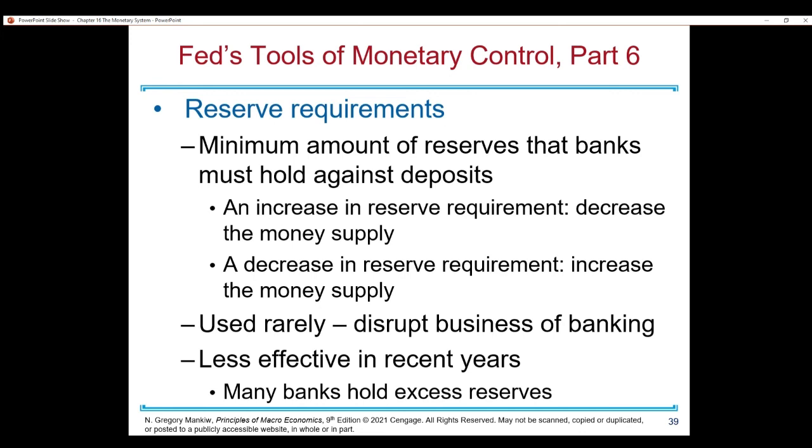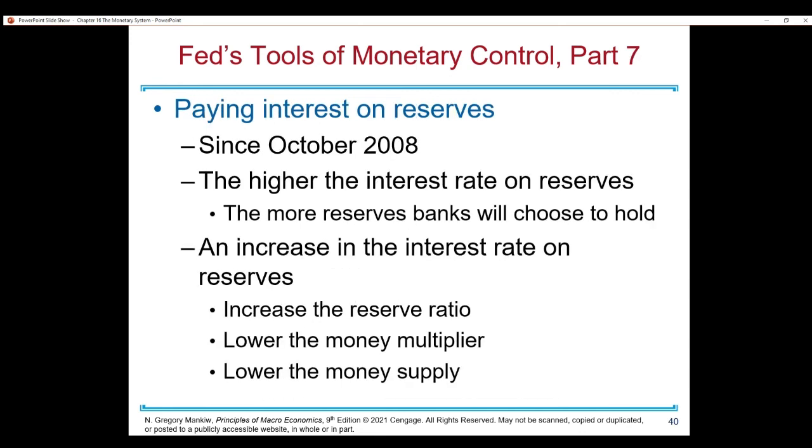The other way to influence the reserve ratio is paying interest on reserves. Banks that hold an account at the Fed will earn interest on reserves. Think of this exactly like the savings rate you have at a bank. The Federal Reserve is going to offer an interest rate if the bank holds the deposits, the reserves, just there. So they're just going to hold the money, and then the Fed is going to pay them interest on that, and the bank is going to be incentivized not to loan out as much money.